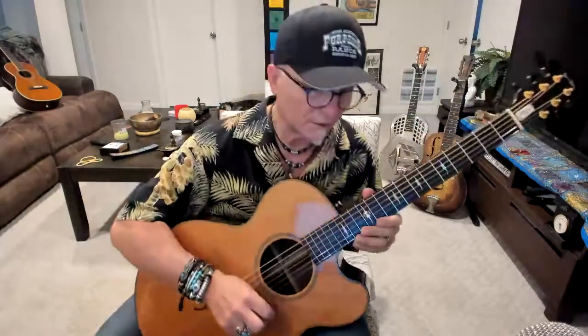Here I'm going to be bending up that D note. And people ask me, well, you must be crazy bending strings on an acoustic guitar. And yes, I am pretty crazy bending things, but there's a method to this. On an acoustic guitar, as you know, unlike an electric, the strings are a little heavier gauge. I'm using light gauge strings, but still, that's a 16 I'm bending, and I'm close to that nut, so there's